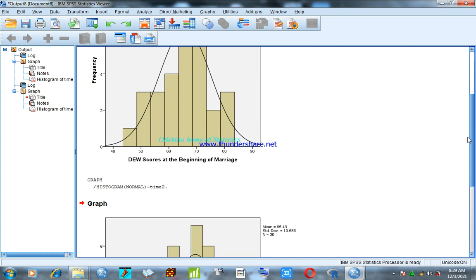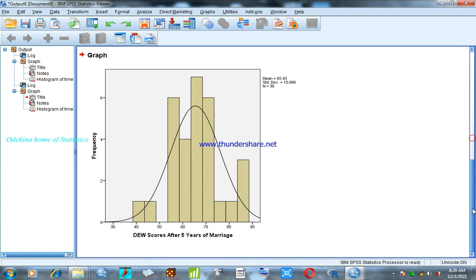So let's see the results. Well, in this case as well, our data set is also normally distributed. Why? Because the normal curve still maintains the shape of a bell. But if it deviates from this shape, it means the data set is not normally distributed.